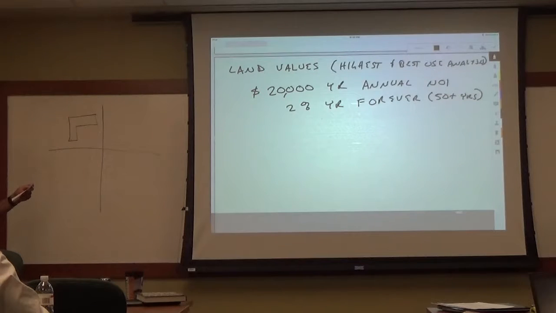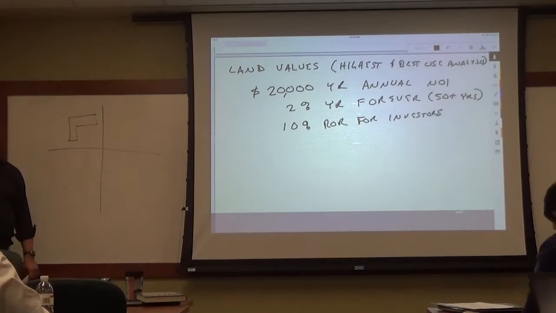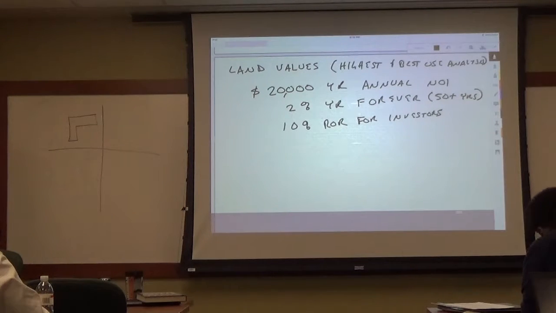And assume that investors are going to expect a 10% rate of return for investors, how would we go about calculating the value for this? It's a slight modification of the direct capitalization approach. And so what you're going to be doing, if we once again go back to here for a second,